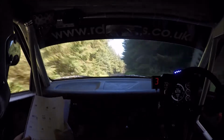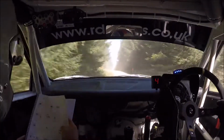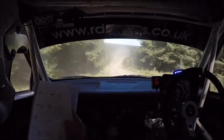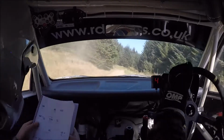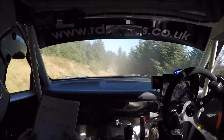And crest. 4 left, well in, and 1 right, crest, 2 left, 350 through dip, all the way down to the bottom, a 5 right, don't cut, then long 5 right tightens,